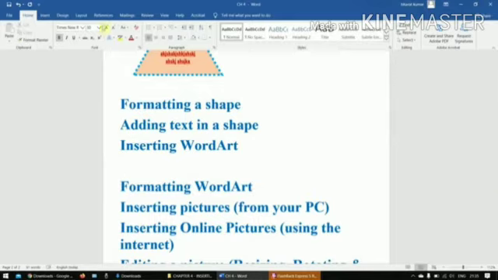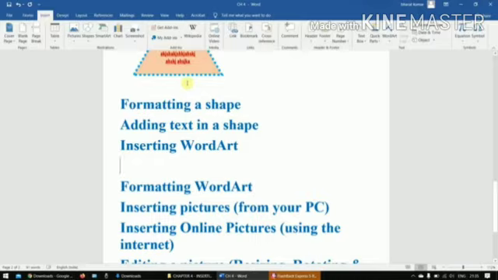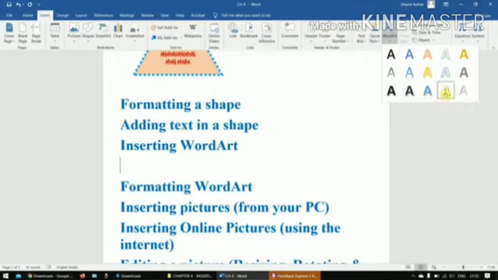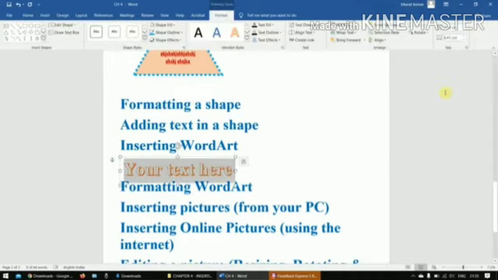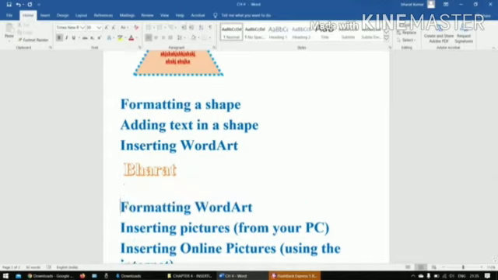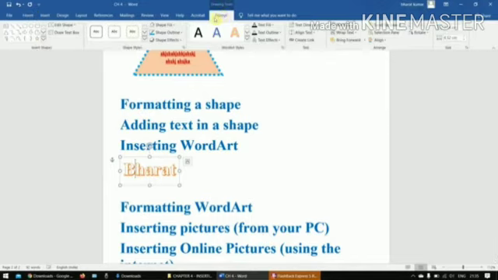Once again, we'll click on the Insert tab, and over here we have a WordArt button. You can see the different styles. Let me choose this style and let me type something. Let's say Bharat. You can see decorative type of lettering, decorative type of font appears over here. And you can observe that immediately when I created this, the Format tab appears. Using this tab, I can change any number of properties regarding this. So I can increase the height from here, increase the width from here.